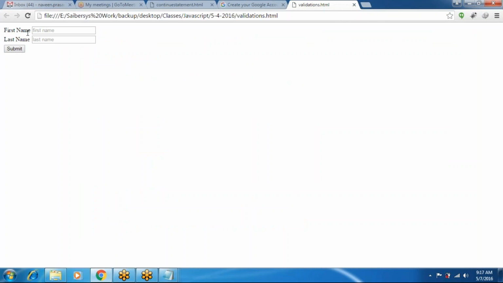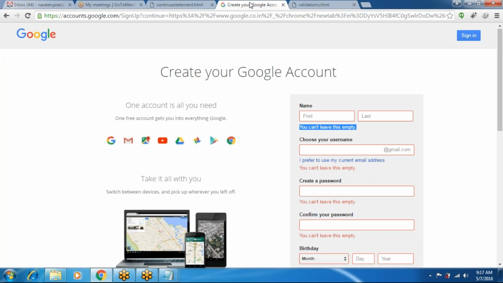Okay, and here first name and last name text boxes are there. When you click on the submit button without entering the first name value, you can't leave this empty. So we displayed it like a Google text box.